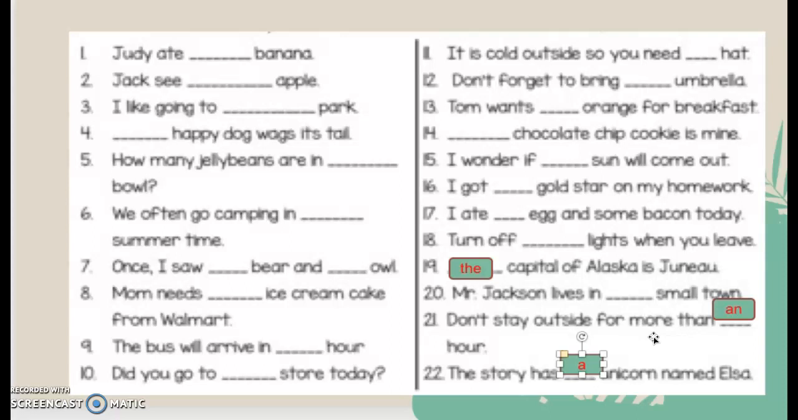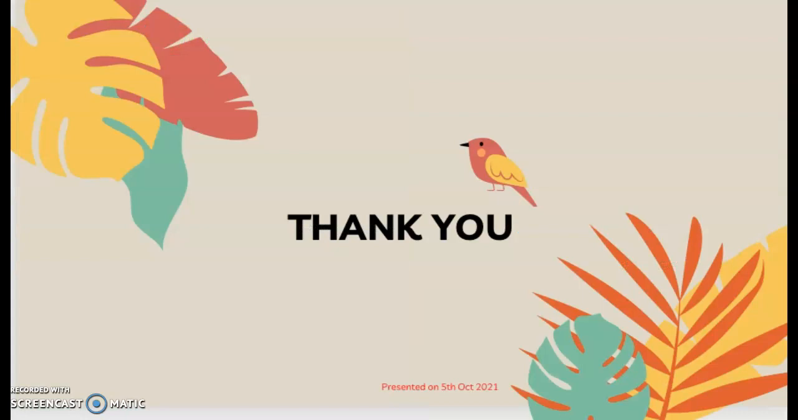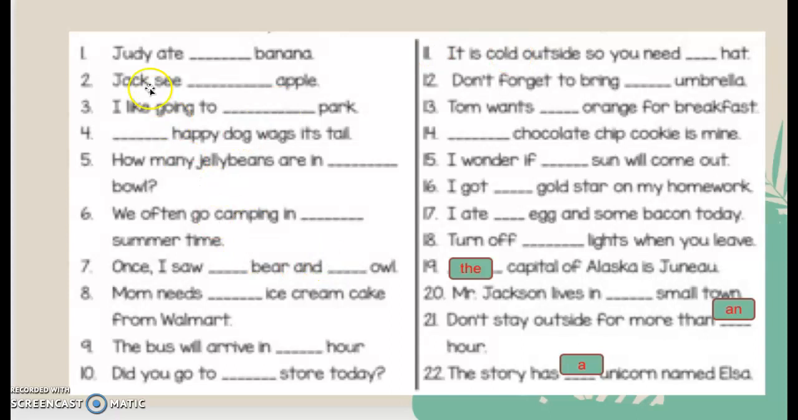I think that's all for today's lesson. I hope you can reread the simple notes given here, and I will provide you the link to the live worksheet for this activity so you can answer all these 22 questions on the live